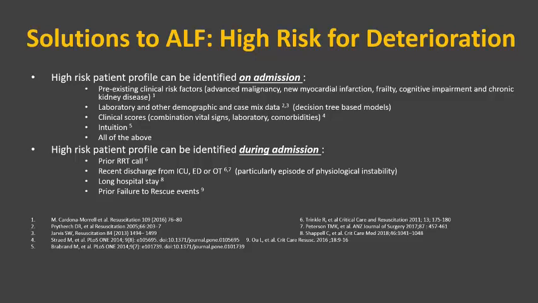And then there are other patients that you can identify as being at high risk. You can combine demographic data, laboratory data, clinical scores, and even putting down a clinician intuition score is useful in identifying patients at high risk of deterioration. During the course of the stay, patients that have had a rapid response team call already, those that have had an episode of failure to rescue, those that have had a prolonged hospital stay, they're all at risk of clinical deterioration, and maybe we should be putting the spotlight on them a little bit more.